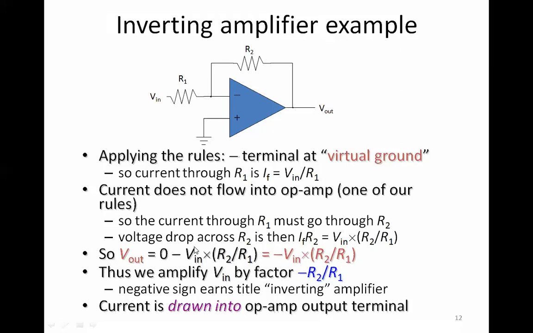Okay. So V in was our input, right? So we cannot say that this is my output. But then this is my input, and the multiplying factor is R2 by R1. So it is minus V in R2 by R1. So V in is common here because it is our input, isn't it? It is our input. And hence,